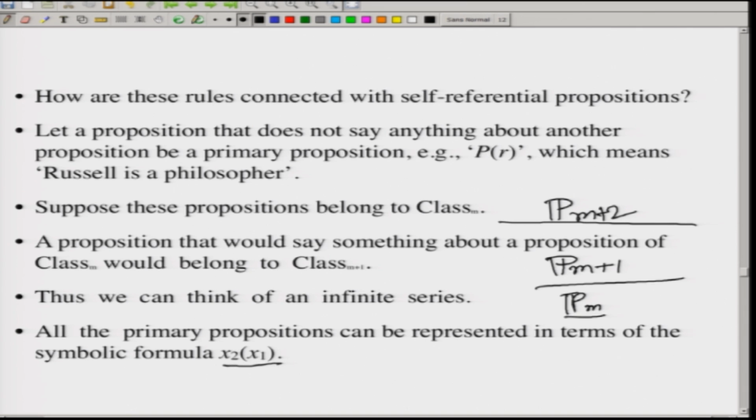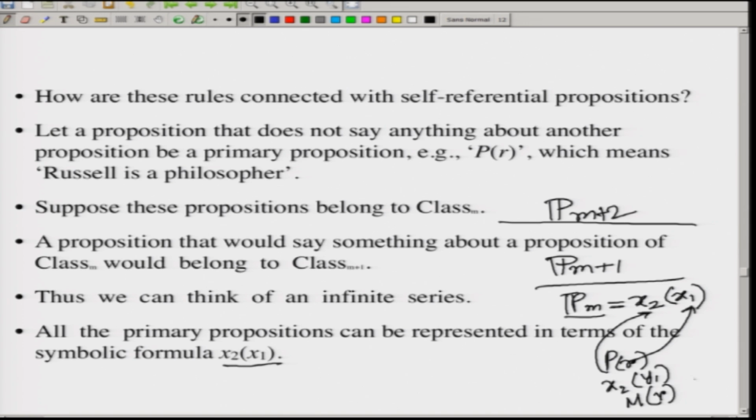So what is the primary proposition? It can be interpreted as x2 x1. So what will come under this? It could be P r. You see, P belongs to the second level, R belongs to the first level, or x2 y1. This also is fine, same level, or